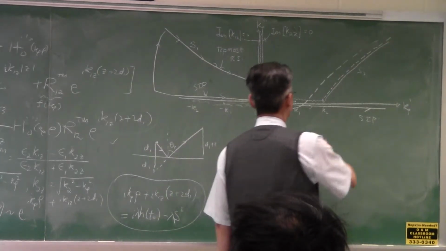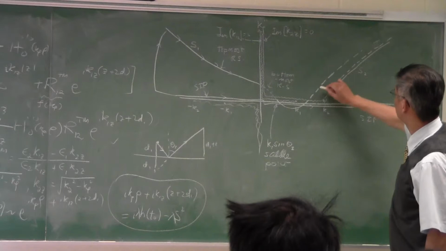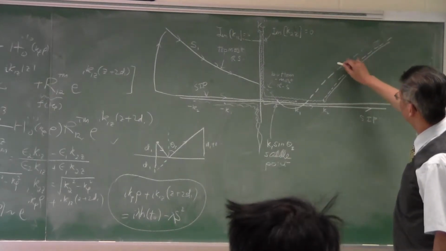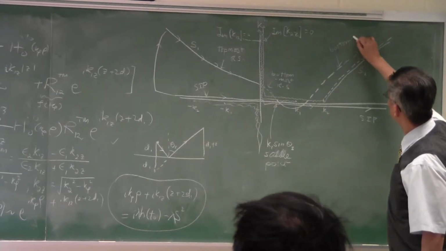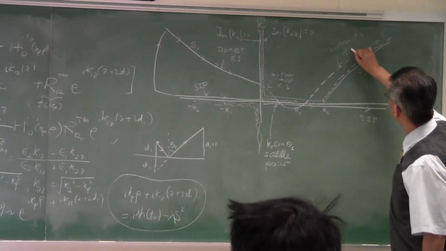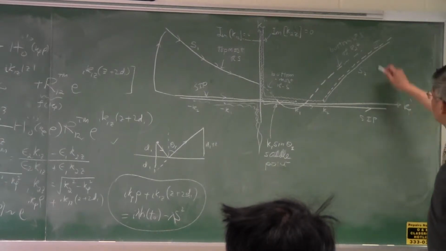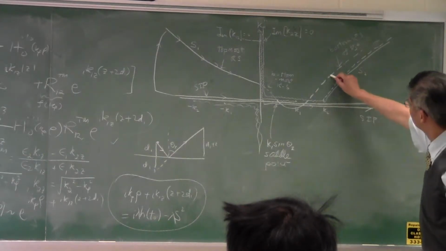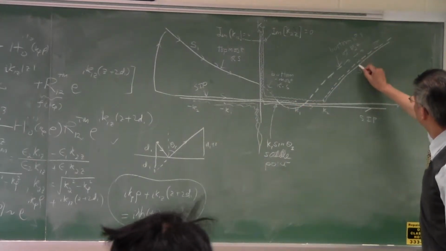Okay. And then you cross a branch cut one time, you get to the bottom Riemann sheet of this. And this is the bottom Riemann sheet of k2z, the imaginary k2z branch cut. And then you can connect, and then finally, if you were to choose to integrate like this,